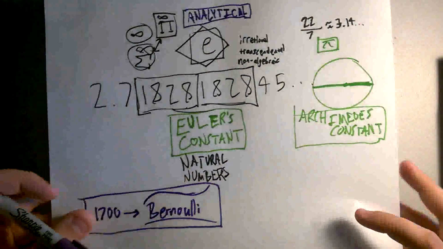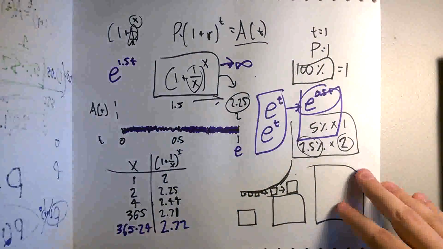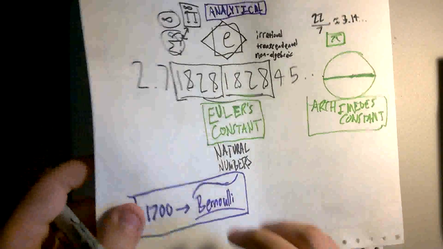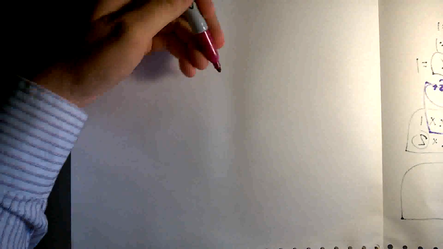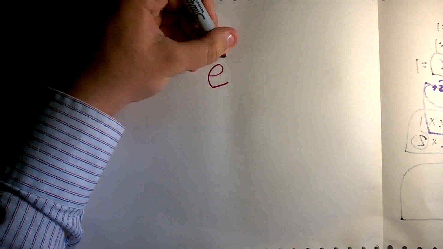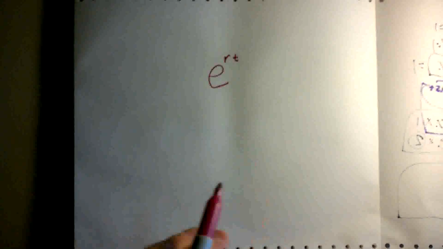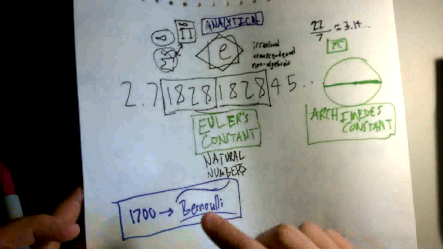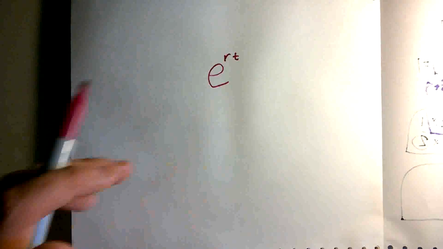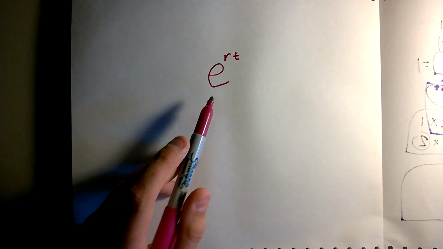but it should be noted that Bernoulli discovered this number. He didn't really take it to this next level that we're about to, really fast. And then I'll continue in the next video. So we get this new equation: e to the rate that it grows times time. This is kind of different, this is the rate that I'm talking about, but recognize it's continuous. That's why this number isn't 2, because 2 works